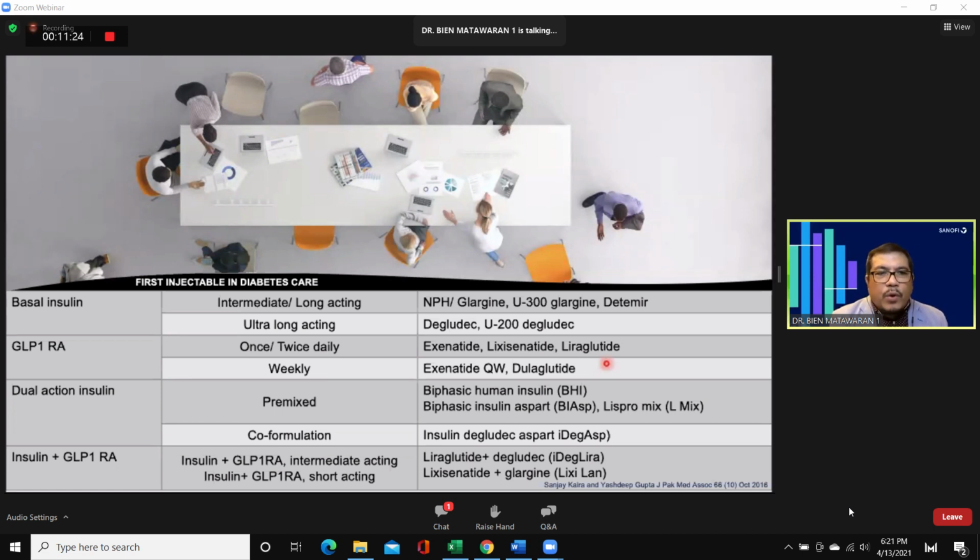We also have what we call dual action insulin. So when we say dual action insulin, we have a basal component and a rapid acting component. So be it a premix biphasic human insulin or a biphasic aspart or aspart lispro or analog. Okay, and of course we also have a dual action co-formulation, meaning a long acting basal insulin and a rapid